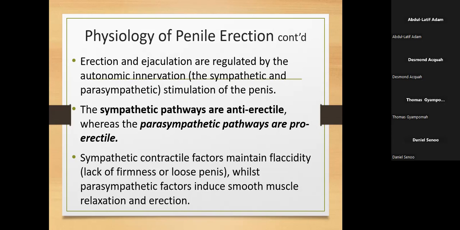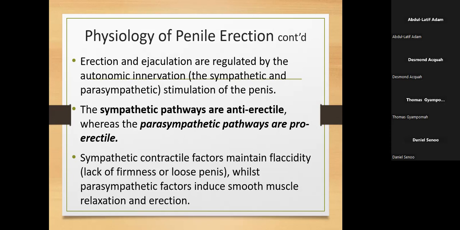In the parasympathetic, we say they are at rest. When things are at rest, it means that they are relaxed. So it is this component that will now promote erection, because you want the arteries to be relaxed. When the arteries are relaxed, the holes within the artery become bigger so that blood can move in there and cause erection. So it means that the sympathetic nervous system will not give you an erection, rather the parasympathetic. I'm sure you have taken note of that.